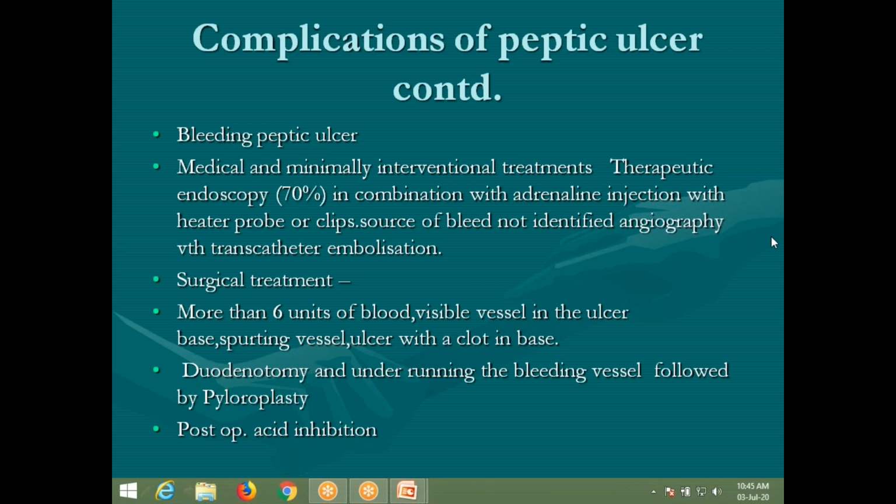If perforation, omentoplasty; if bleeding, ligate the vessel. Okay. We are not up to bleeding now. We are only up to perforation. So we have seen three good complications of the peptic ulcer. One is perforation, second one is bleeding, third one is gastric outlet obstruction. Okay. So if there is a perforation, first we will resuscitate and revive the patient. Then we will plan for an emergency laparotomy where we identify the perforation and we do a primary repair.